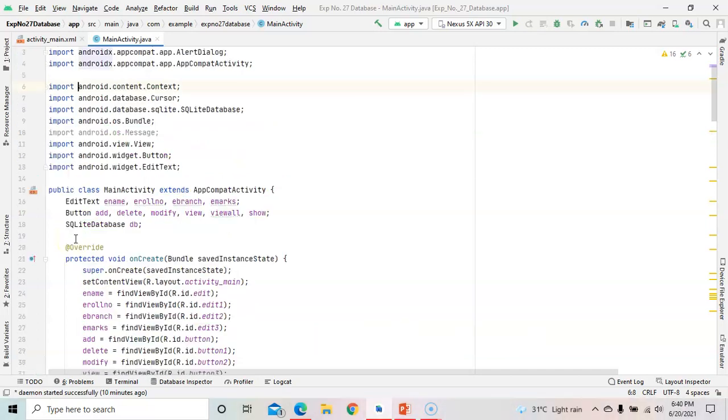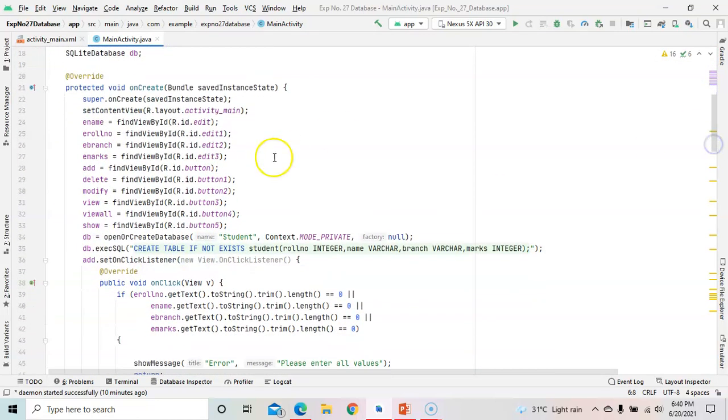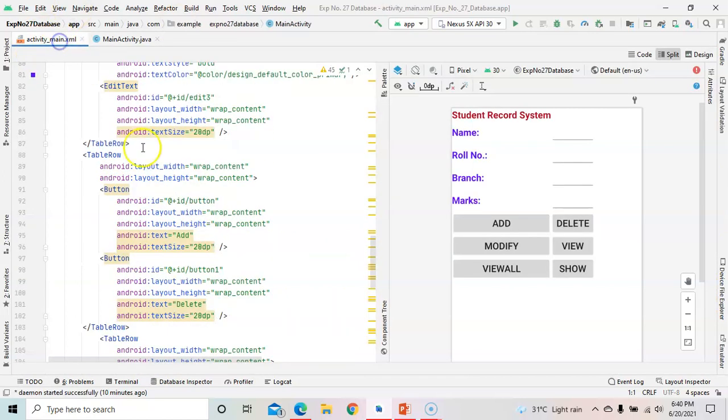Now here I have assigned IDs to those objects. Whatever objects we have, all the objects, 4 edit text objects and 6 button objects, I have assigned IDs to the objects. The IDs are there in the XML file.